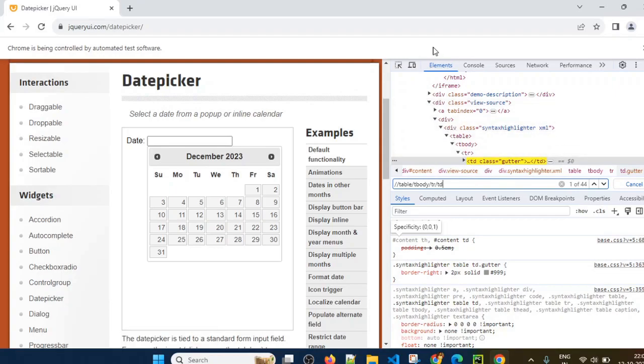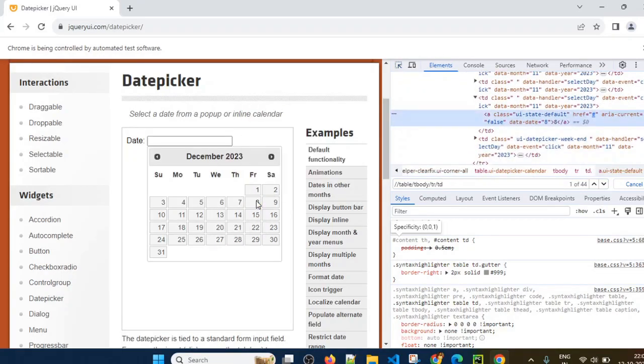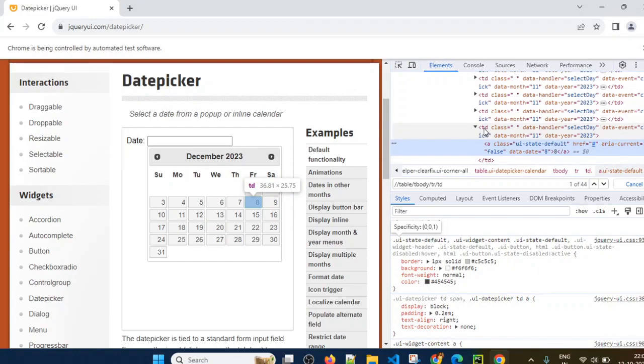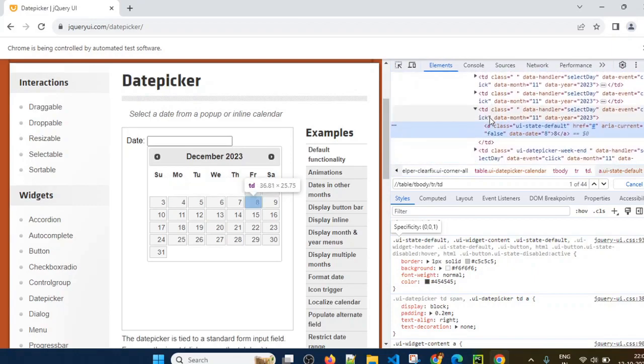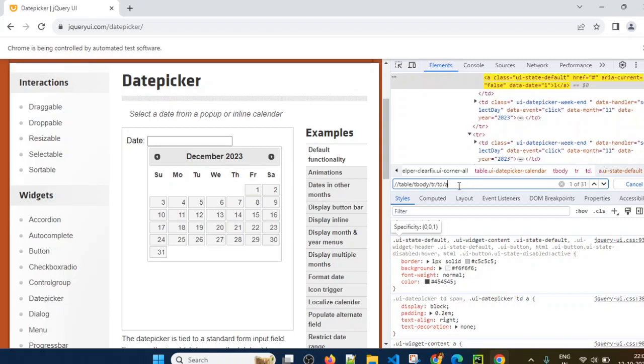After TD, if you take any date, inside this TD, if you see, inside the TR there is a TD, and inside the table data there is an anchor tag. This A tag contains that specific date. So I will just use A. As soon as you see this XPath,